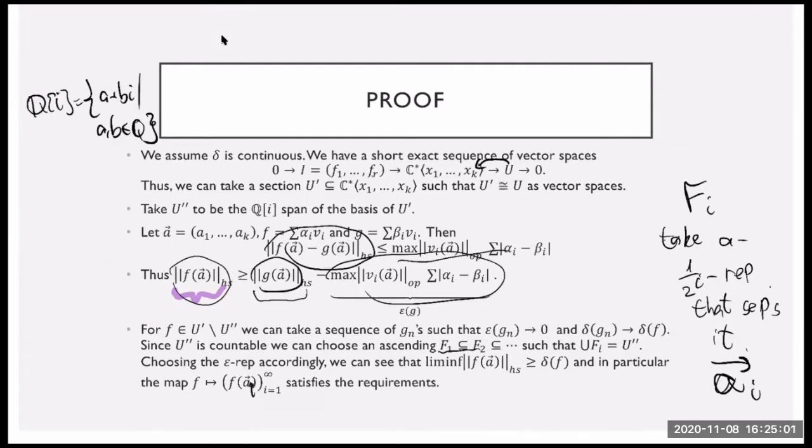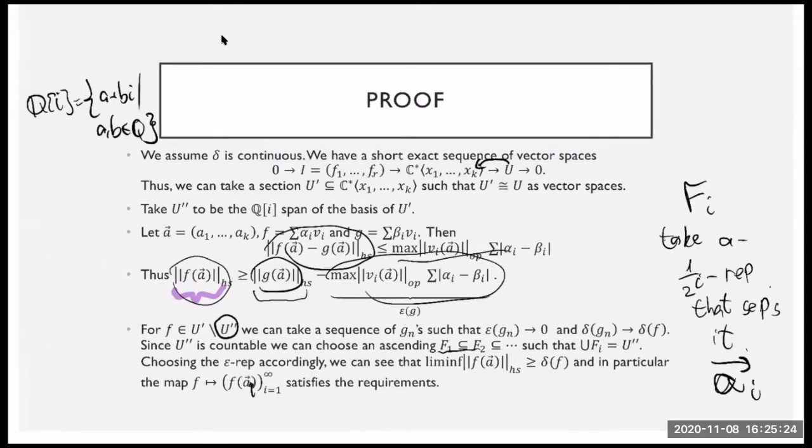I will not check it now. It comes out of the fact that these are epsilon representations and the fact that we modded out by the sequences that tend to 0 within the Hilbert-Schmidt norm. I'm only going to concentrate on the fact that it is an embedding. So why is this an embedding? Because for any element in U double prime, this is clearly an embedding because this